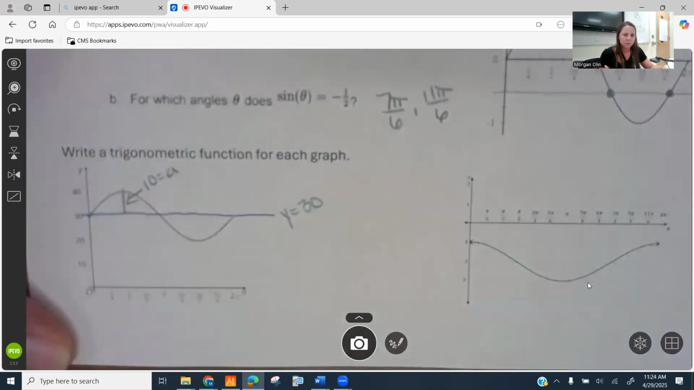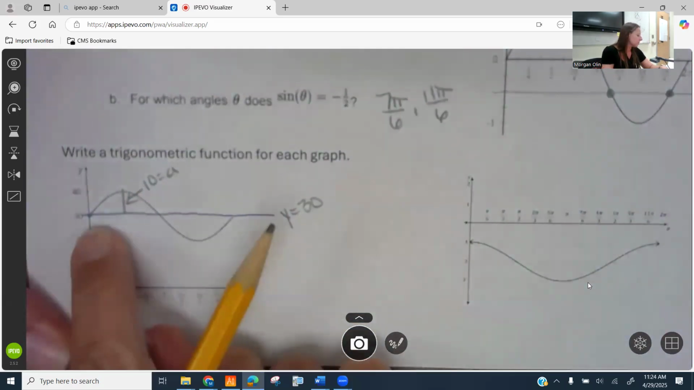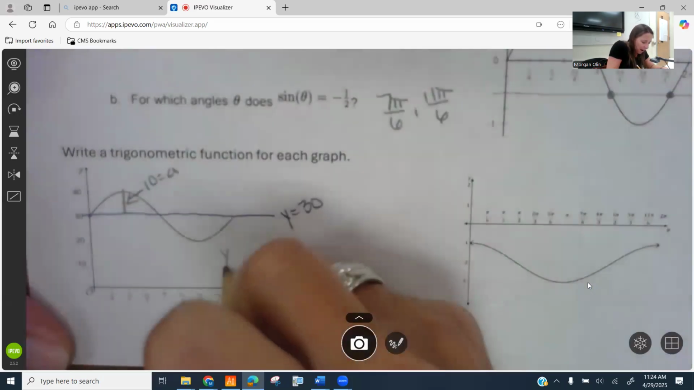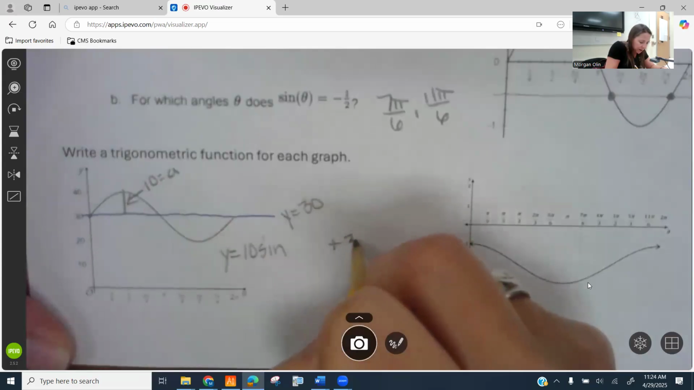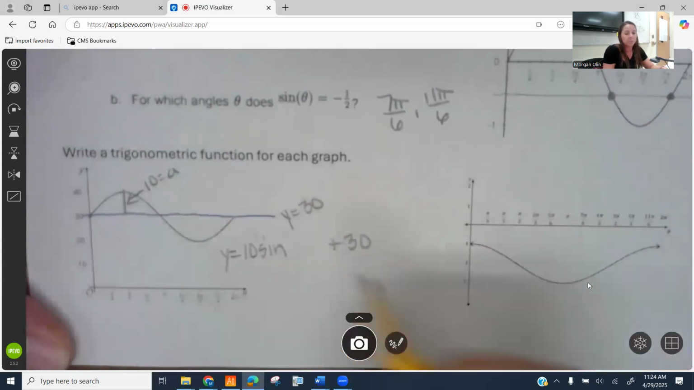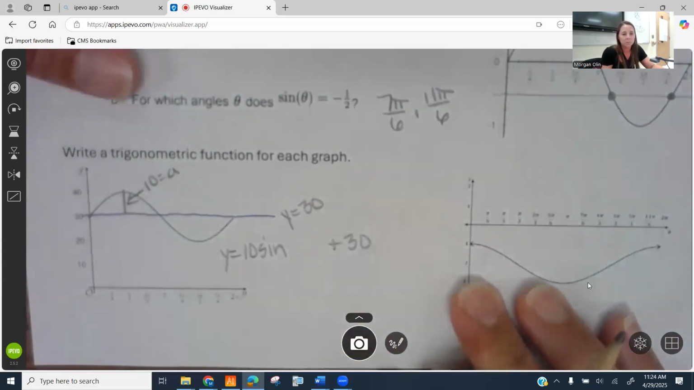Now, is this sine or cosine? Sine, because it starts on the midline. So y equals positive 10 sine, plus 30 is going to be out here. The hardest thing is to figure out that B value. But remember, we've talked about B